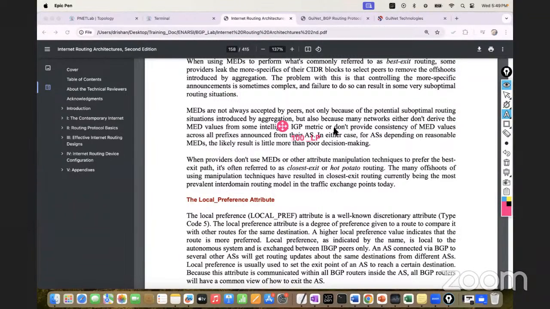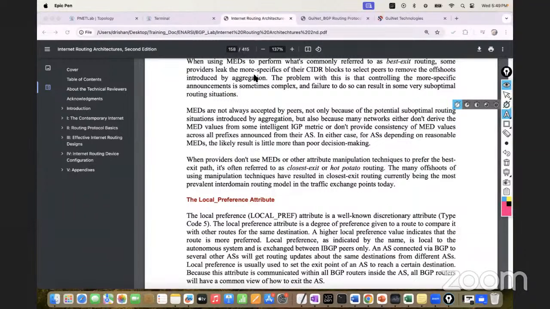Okay. So this is your LP value, which is going to be used here. Now moving to the next part. Once I'm done with the non-discretionary attribute, we discuss this well-known discretionary attribute. This is going to stay within the AS. The higher value is going to be preferred when it compares the routes. Now the next thing is how BGP is going to be configured to manipulate the